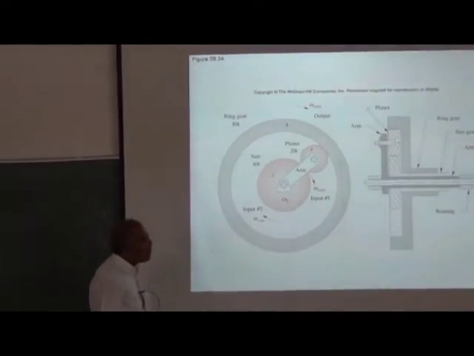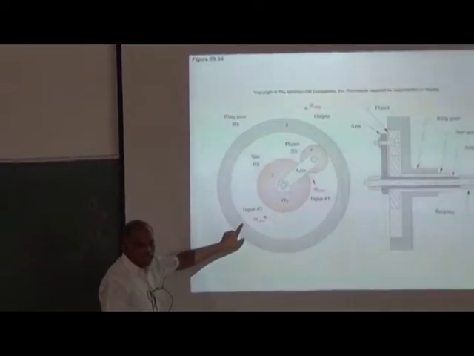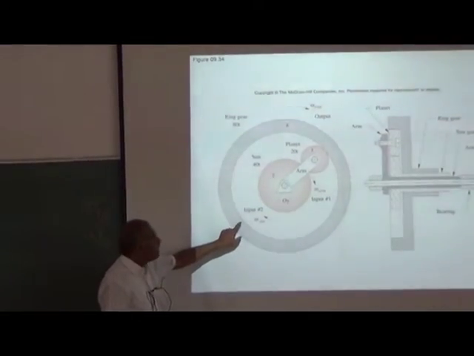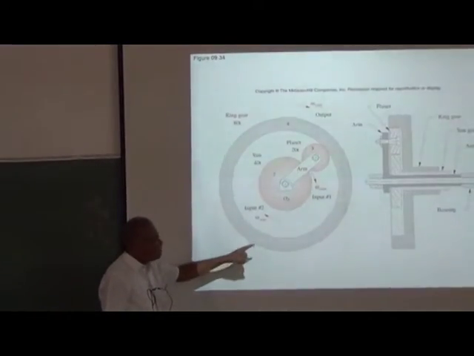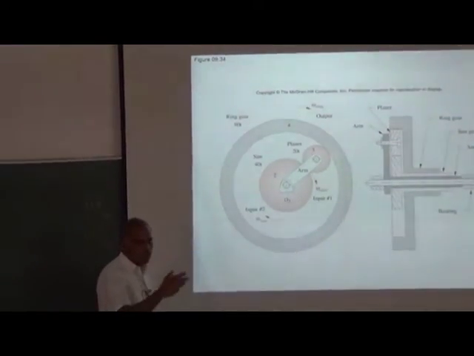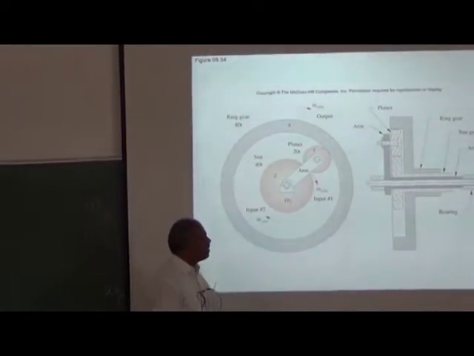taking the output from a planet gear, another gear is engaged, that is an internal gear. It is called a ring gear. So you have a ring gear which is engaging with the planet gear, through which you can take the output. So you can see the side view of this.